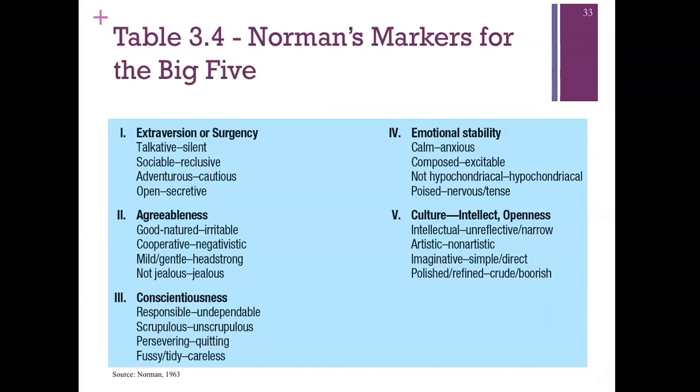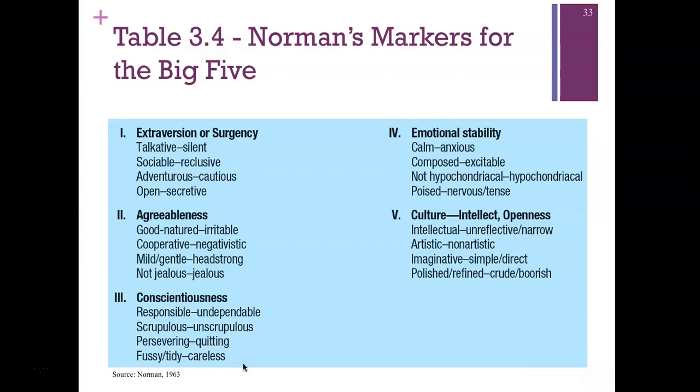When we take a look at some of the different markers that make up the Big Five, when it comes to extroversion, a person could be seen as talkative or more silent, more sociable or more reclusive, more open or more secret. When it comes to agreeableness, some of the factor loadings are good-natured or irritable, cooperative versus negativistic, mild or gentle versus headstrong, jealous versus not jealous. Conscientiousness is being responsible or undependable, scrupulous versus unscrupulous, right? So being honest versus being not so honest,